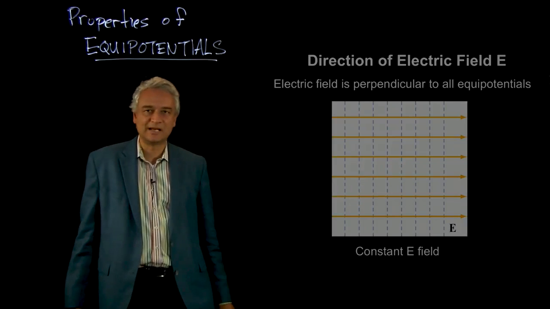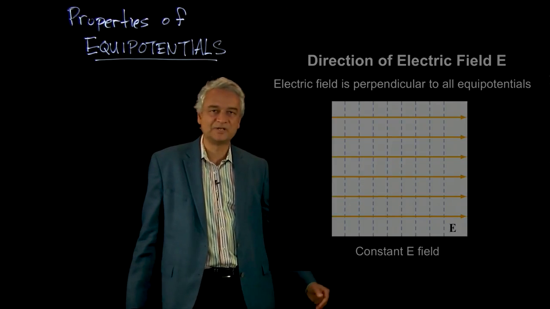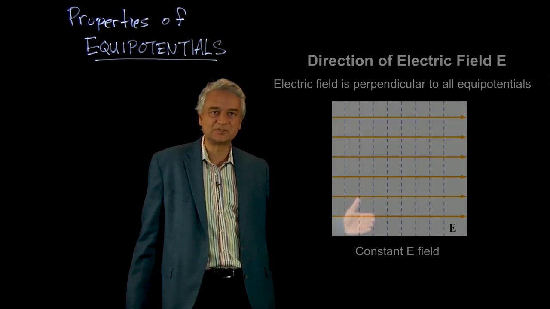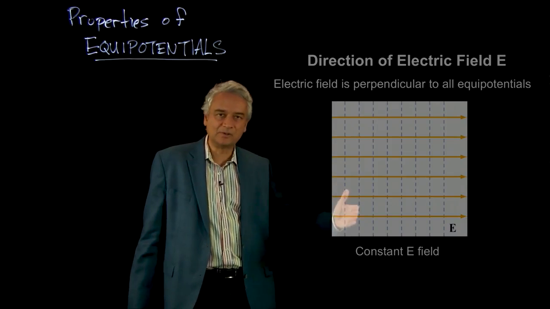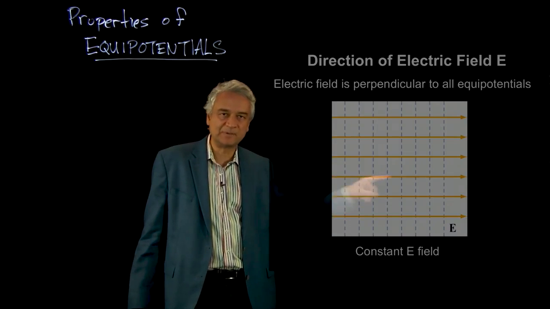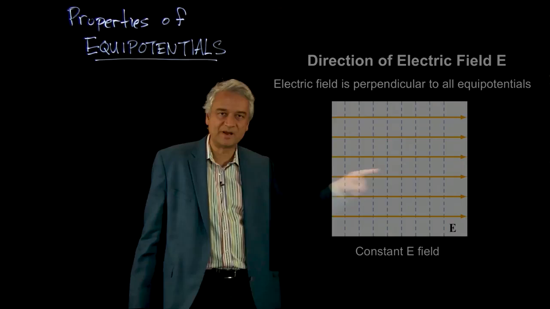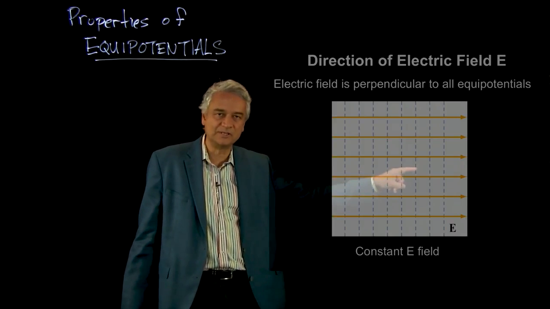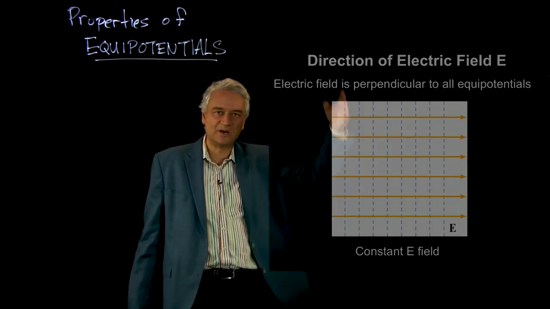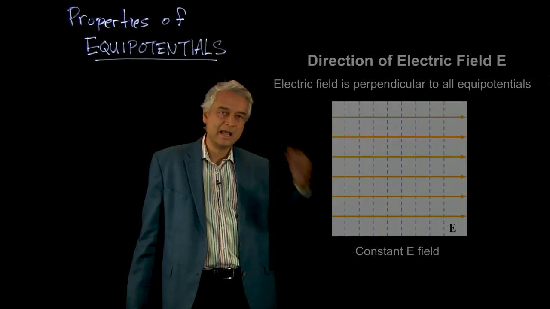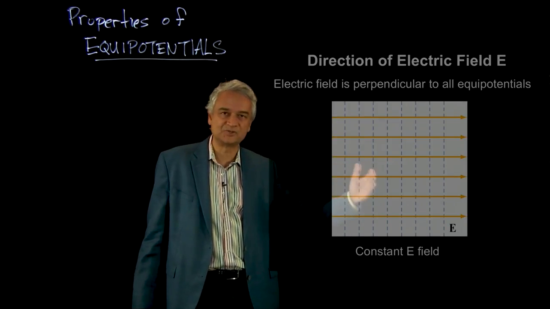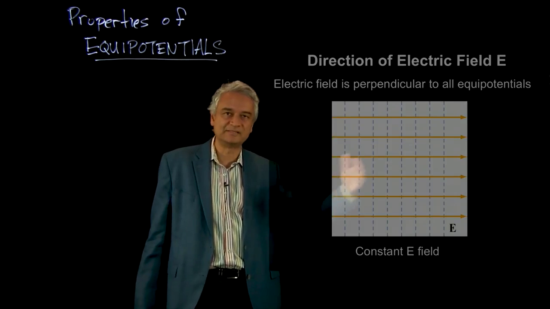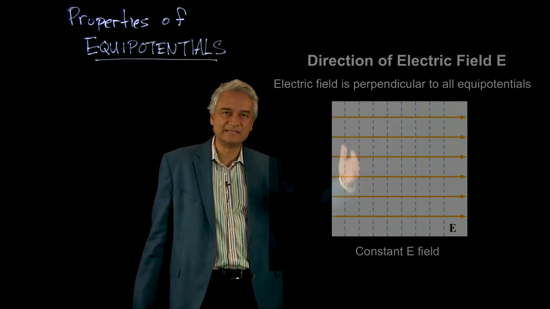We can represent this electric field another way by showing its equipotentials. And the equipotentials are these blue dashed lines, all of which are vertical. They have to be vertical because the electric field is always perpendicular to the equipotential. So if I want my field to be always horizontal, my equipotentials had better be always vertical. And they're evenly spaced because the spacing between them tells me the strength of the field. And if I want the field to be the same everywhere, then I need the spacing to be the same